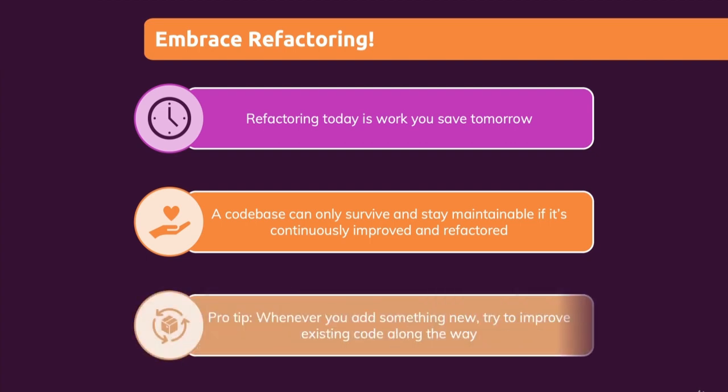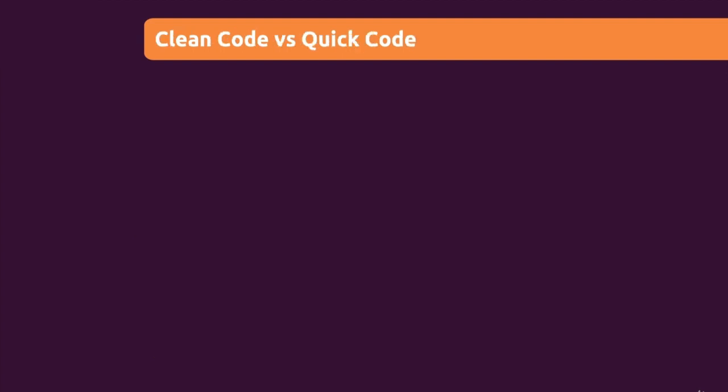As a pro tip, always try to improve the code whenever you change something in there. Even if you change something else, try to find a place in your code where you can improve code, maybe improve a function, with all the tools you're going to learn throughout this course, because this will ensure that your code base is always healthy. Because there is a big danger. I'm of course aware that we're all always under pressure. There never is time to do it right. We just have to do it in some way. And therefore we are inclined to write quick code instead of good and clean code.